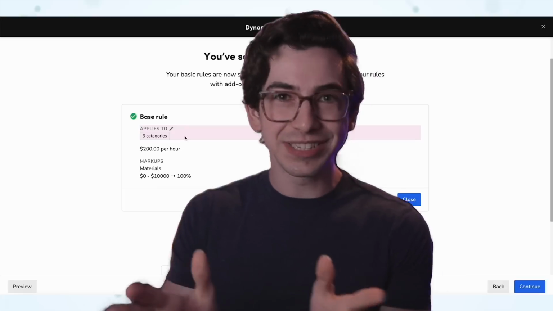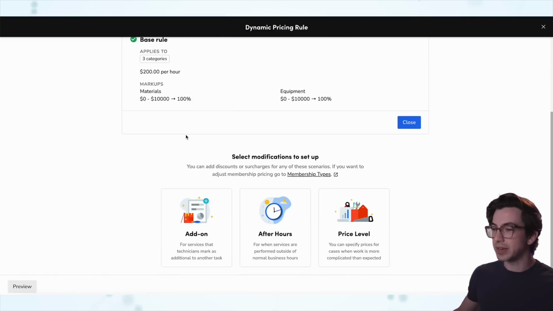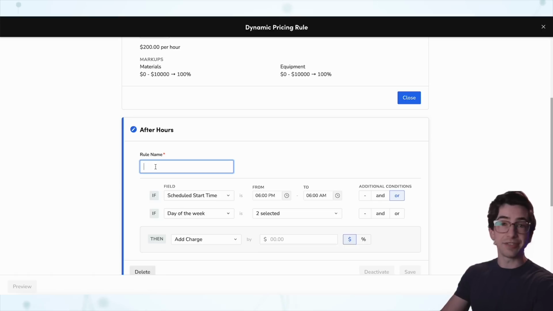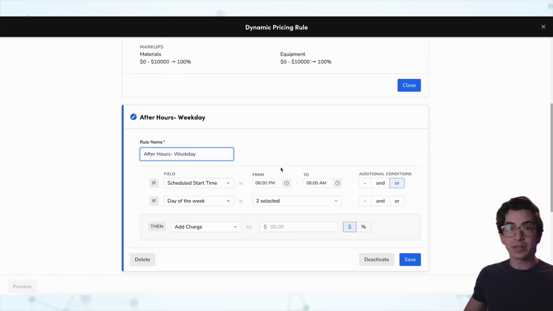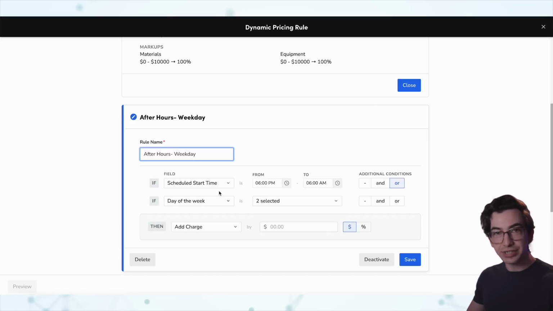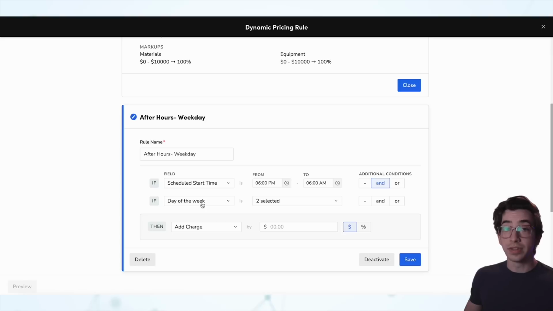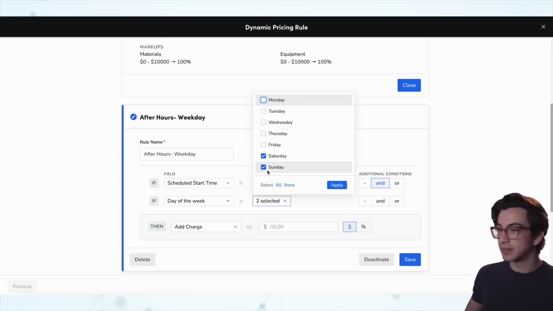But now, this is what we're working with. So I'm going to come in here and add an after hours rule. I can name my rule, so let's call this one the after hours weekday. And now you'll notice I can have multiple conditions under this rule, and I can choose between and or logic. So let's say it's between 6 p.m. and 6 a.m. and the day of the week is, this is our weekdays rule, so we're gonna choose everything